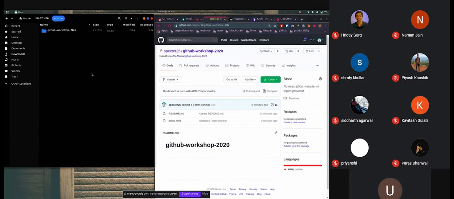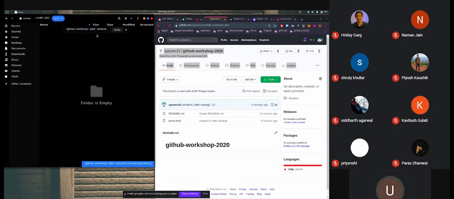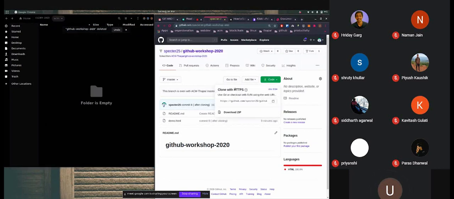So I am going to tell you now the entire workflow of how we can contribute to any repository that we want. So what I will do is I will clone this repository, which is in turn the clone of GitHub Workshop 2020 that was originally created by ACM Thakur. Right. I will delete this local copy and clone this repository again.